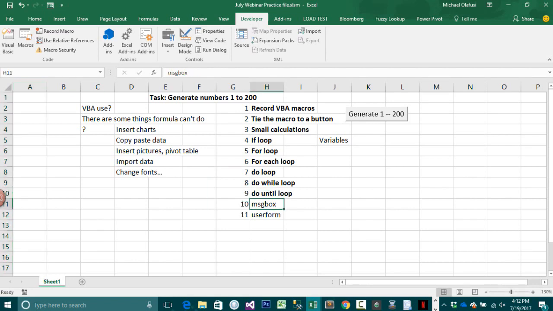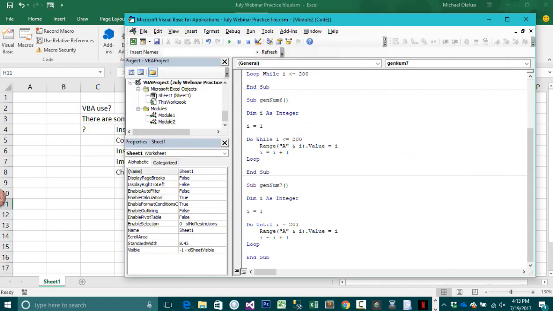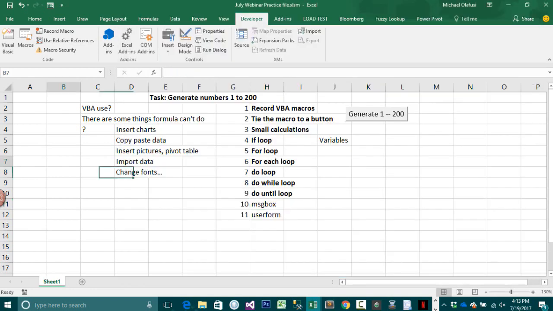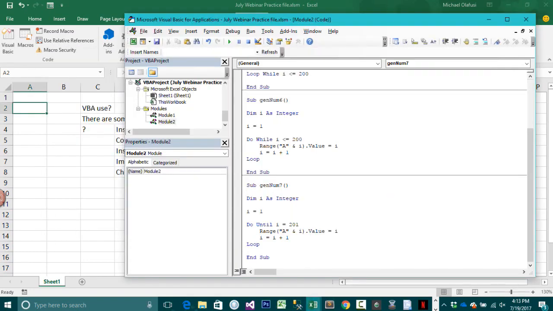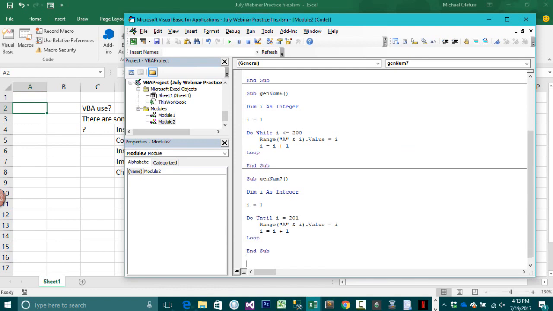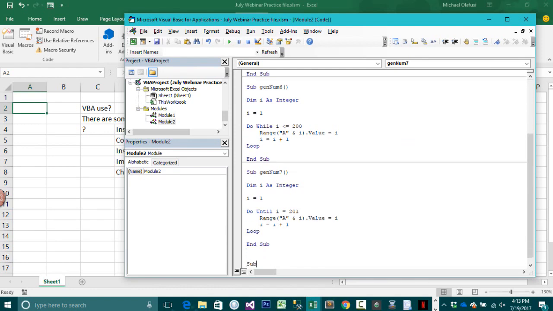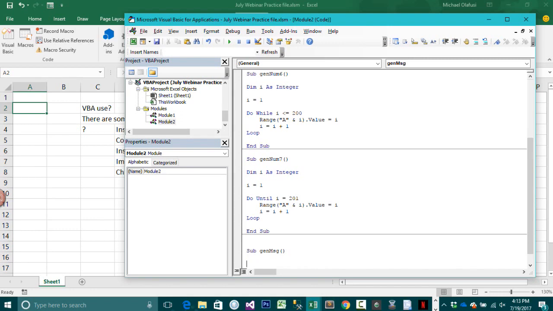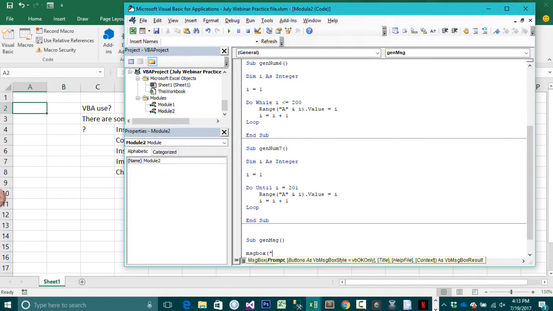So message box, we are almost coming to the end, right? Sorry I've taken so much of our time. Message box is really straightforward. How it works is, if I need to print, let's say I want Excel to show me whatsoever is here, or let me just do it straight up. So sub, let's just call it gen message. So what do I want Excel to do? I want it to just give me a message prompt and say, all right,